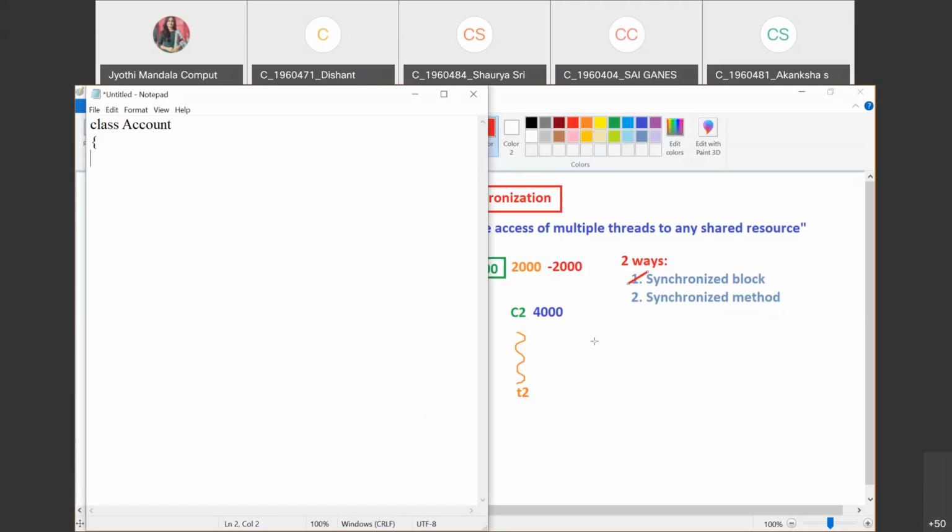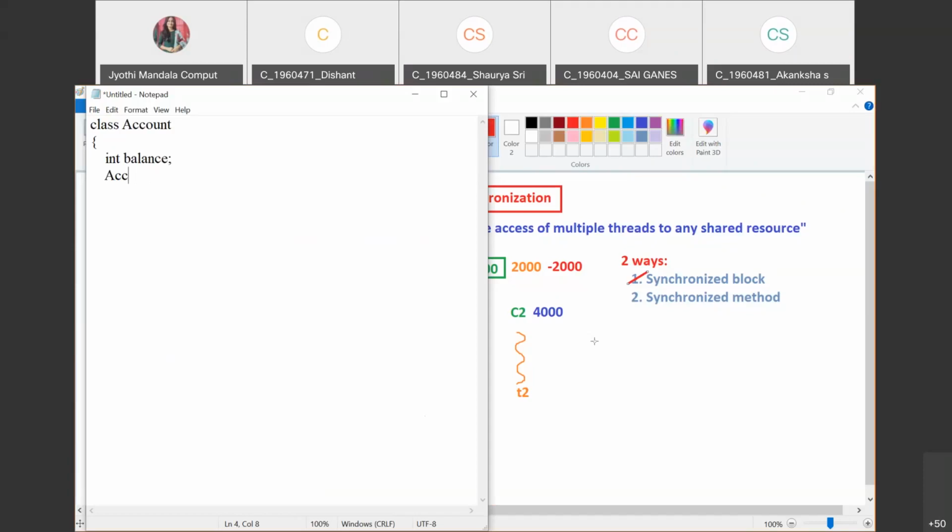Always the variable that we are going to use is balance, isn't it? So for each account there will be a balance variable. I'm taking the minimal variables so that it does not become too complex. Only the variables we discussed in the example. So in an account we'll have a balance. That means this balance needs to be initialized, and that can be done by using your account constructor. You all are familiar with this one, right?